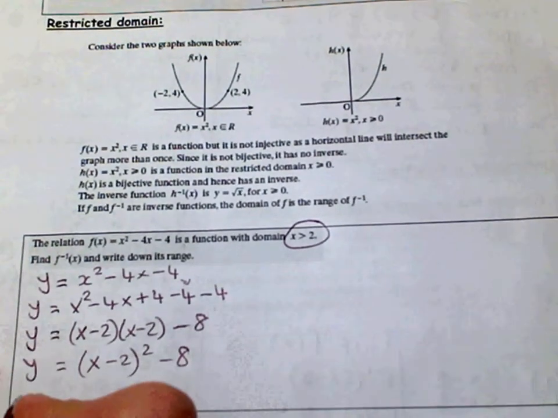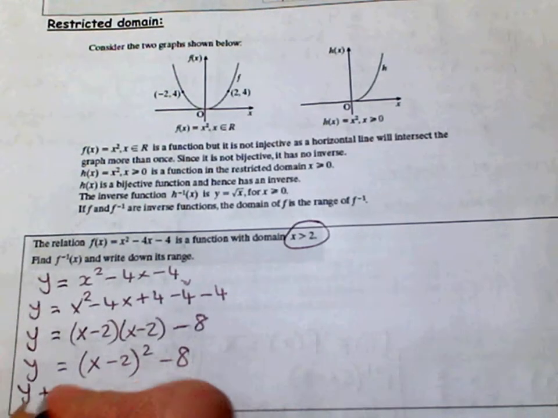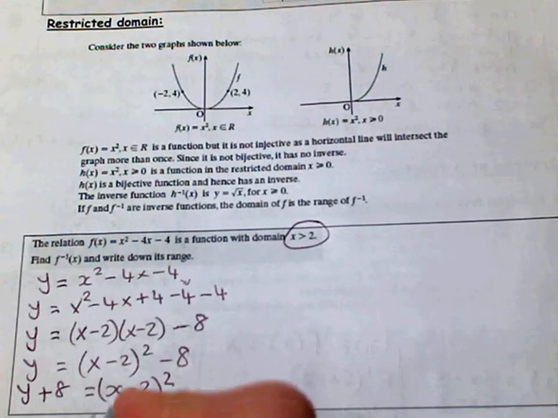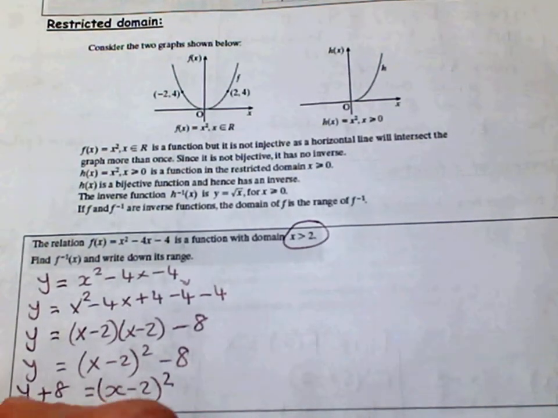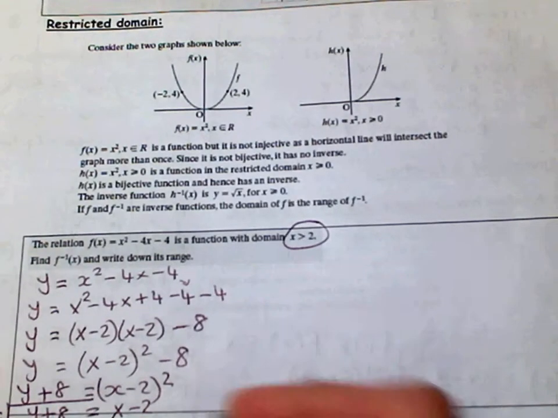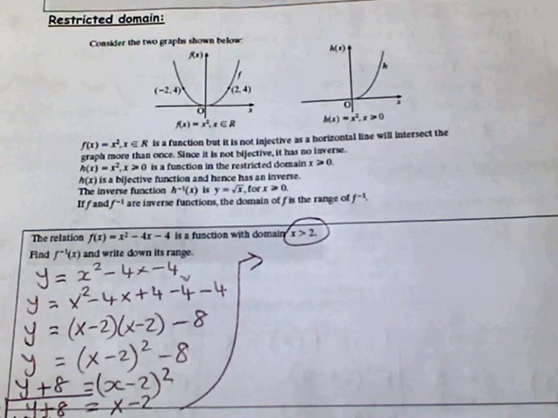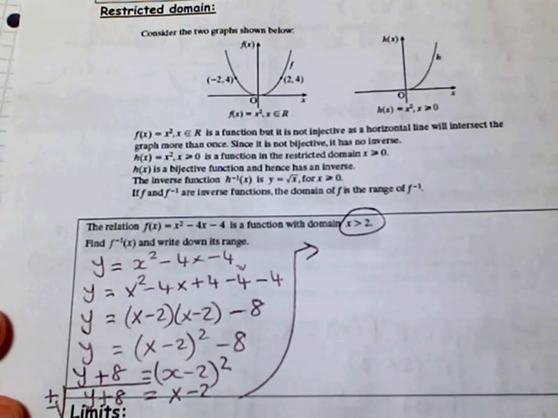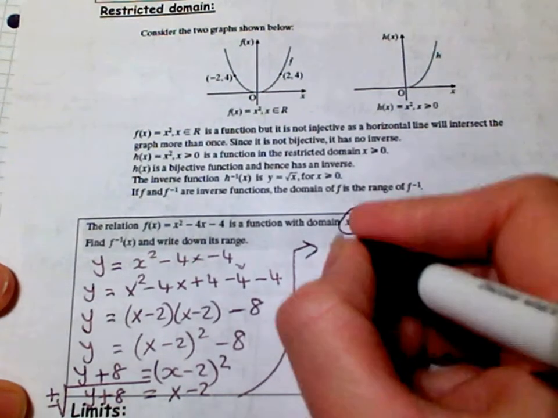Okay, and so remember, I'm trying to find the inverse, so y plus 8 is equal to (x - 2) all squared. So x minus 2 is equal to the plus or minus the square root of (y + 8). Okay, so I'll come back to that plus or minus in a second. Remember, I got the square root, so it has to be the plus or minus version. Okay, so now I'm left with, bring over the minus 2 and it becomes 2. So